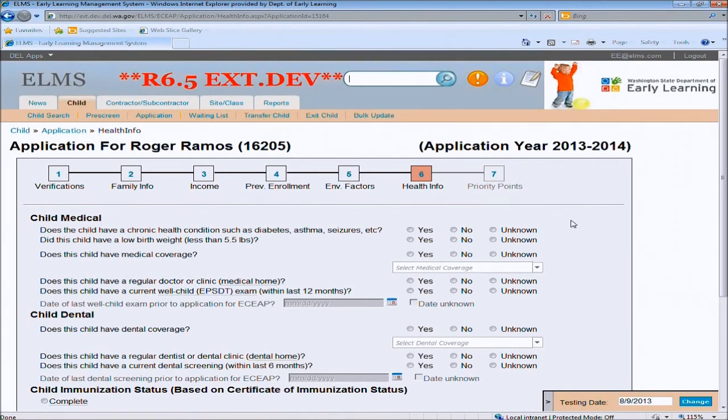This page has health questions. We're starting to collect the information you'll use to coordinate the health services in ELMS or in ECAP. I'm answering if the child has a chronic health condition such as diabetes, asthma, seizures. I'll say yes for now. Later, once the child's enrolled, you'll be able to enter what that issue is and what kinds of follow-up are